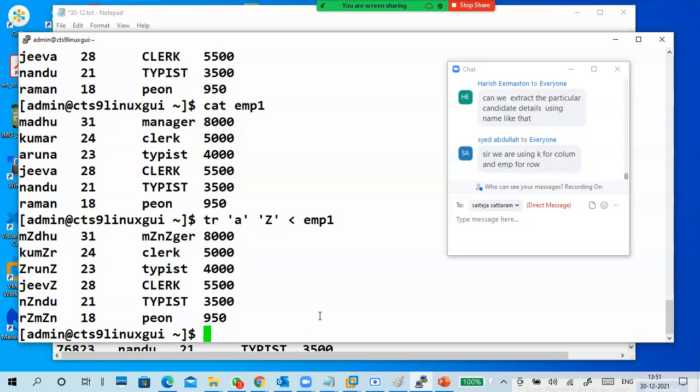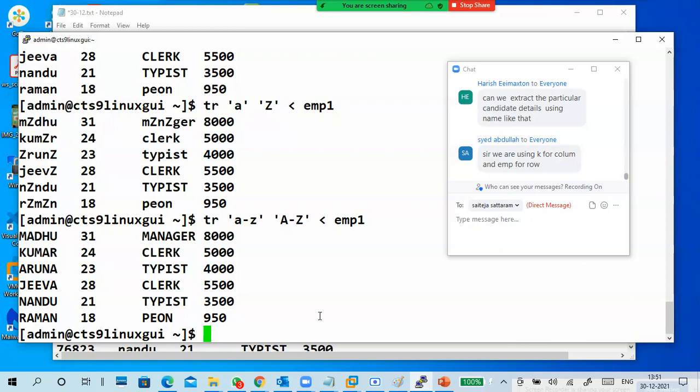A is replaced by capital Z. So we can change something into something. Earlier, a to z was replaced by capital A to Z. This one, only A is changed to Z. You can change it like A is there, N is there, M is there. So only one particular letter we can change, or maybe a complete pattern.